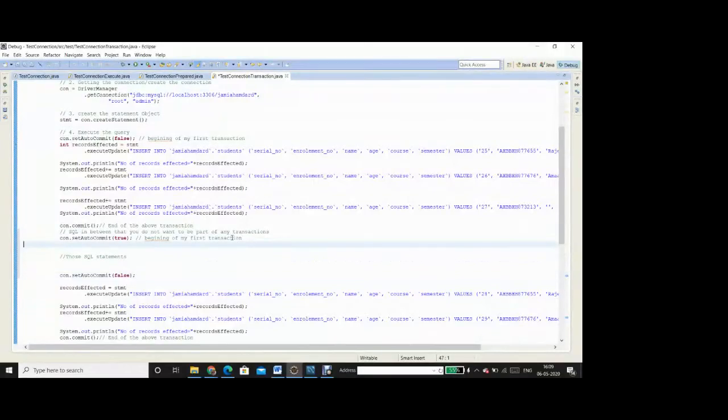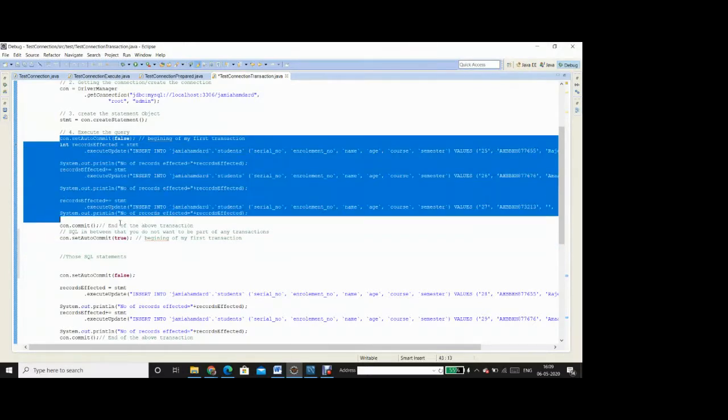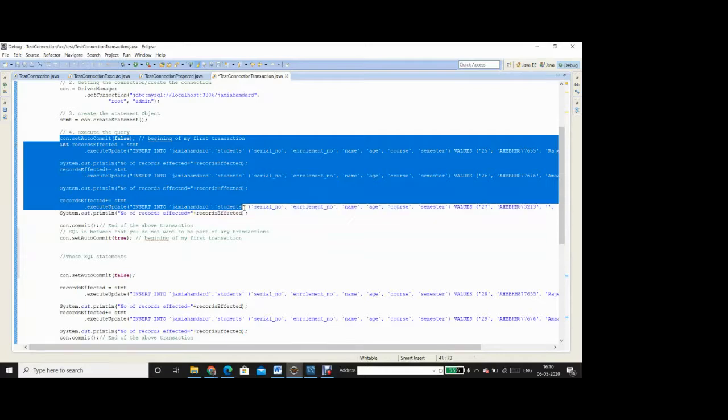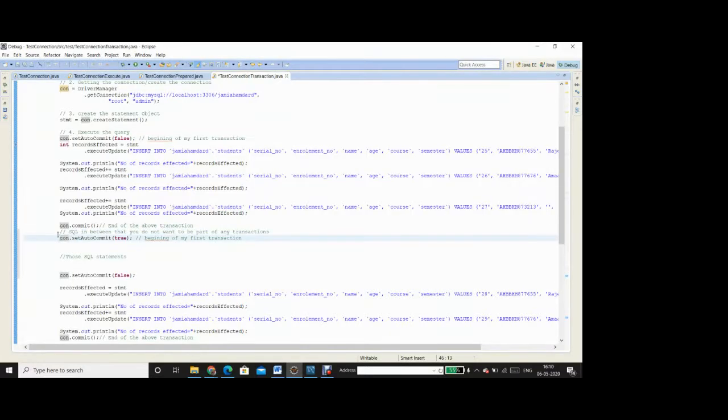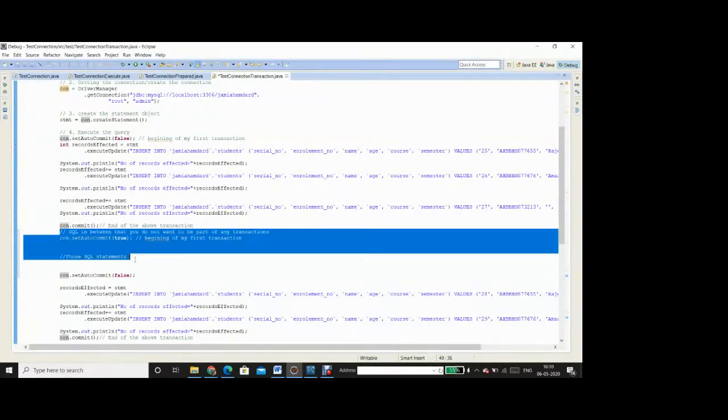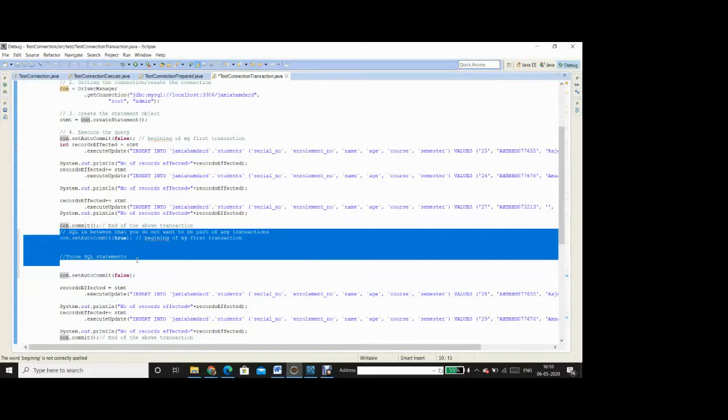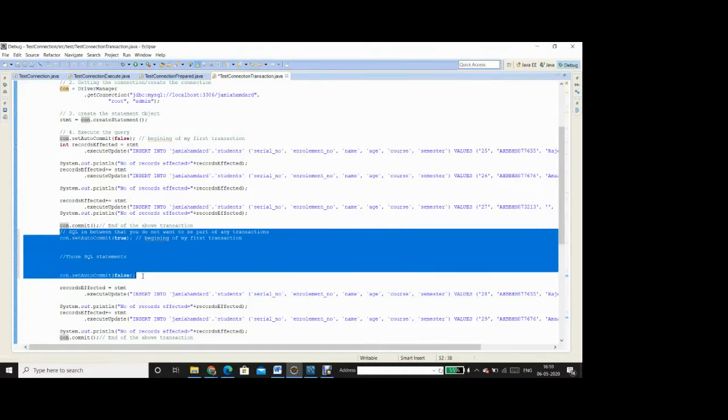Okay. So, with this code, my intention is that this first transaction, which contains these three SQL statements, should be successful, and the command should work. And because we don't have any SQL statement in between which we do not want to put in the transaction, let me just get rid of all this code.